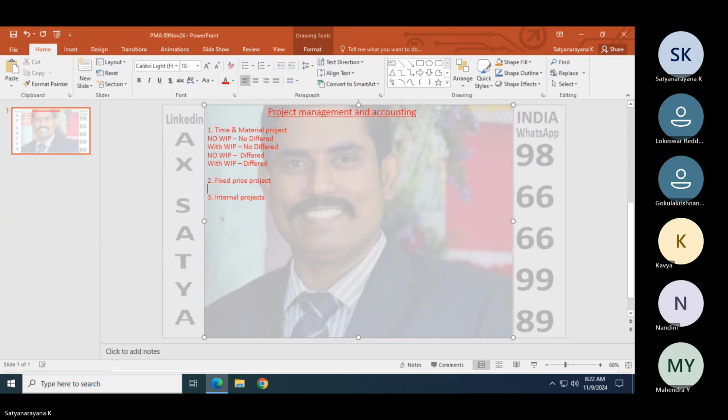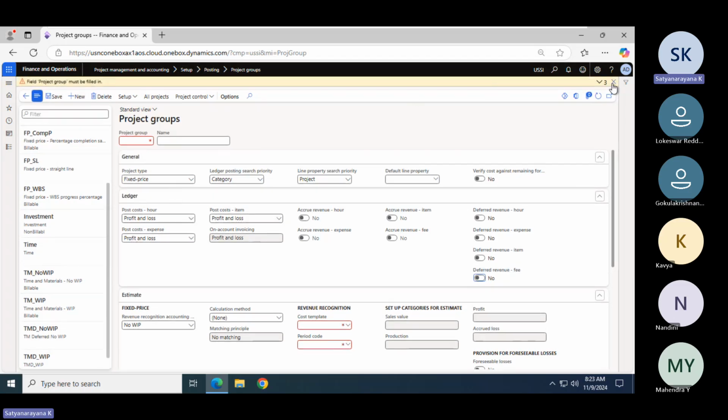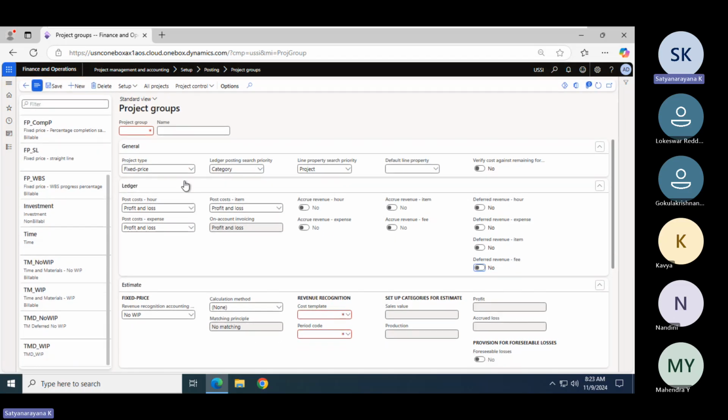Next, the fixed price project. If fixed price project is enabled, then these are all disabled. Now, if it is a fixed price project, there are four options here.